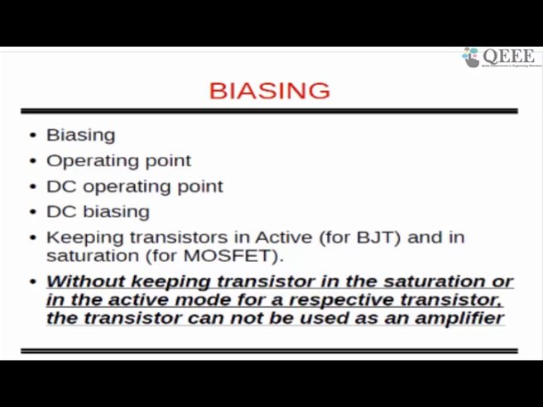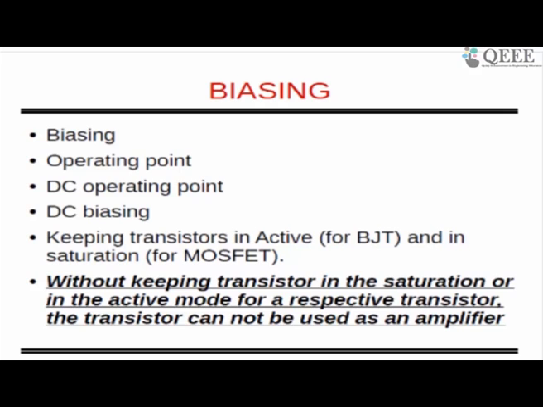If you want your BJT in active, let's keep it in active from the DC point of view. Then you have to apply a certain level of DC operating point. That may be more than 0.7 volts. Sometimes you need only 0.7 volt. It depends. So whatever voltage you need, you have to apply accordingly. For BJT, it's the active mode of operation which we want to keep, so that my BJT will give me amplification. And for MOSFET, you need to keep it in saturation.